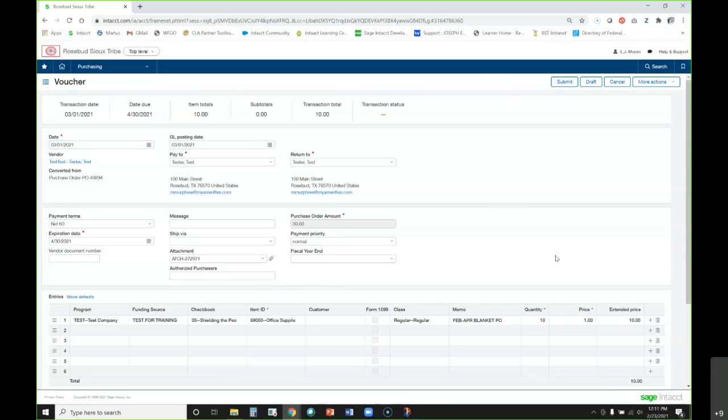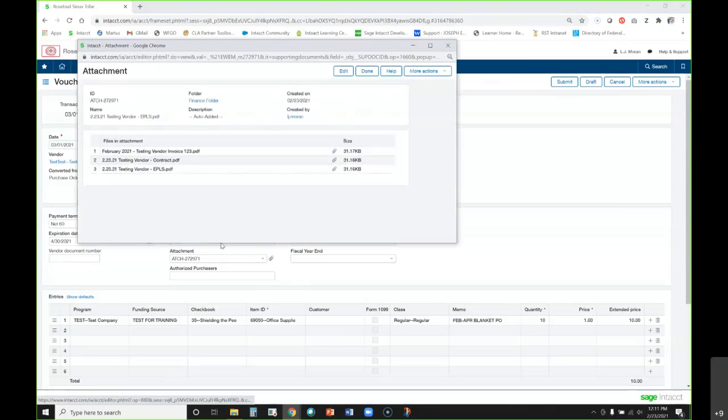And so now we have a choice because we need to address the attachments. We need to add our March invoice. But I want to show you something here. When I click view attachment, even though I'm starting to work on March, the February invoice is there too. So as long as we keep linking our request and our blanket POs together, and then the subsequent vouchers for those blanket POs, all the attachments that we put in this folder are going to chain together with all of those requests,